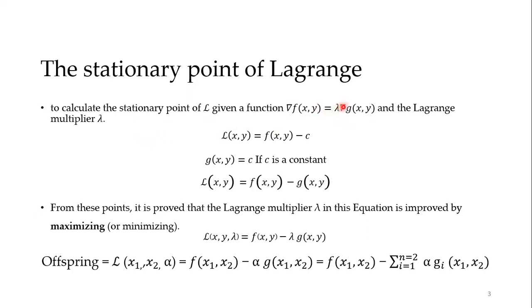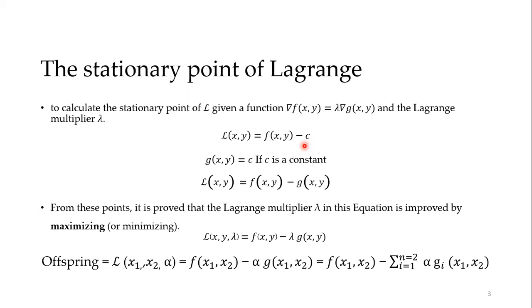Now the Lagrangian equals the equation that we have, which is mainly the two chromosomes, minus c. Here c is a constant to represent